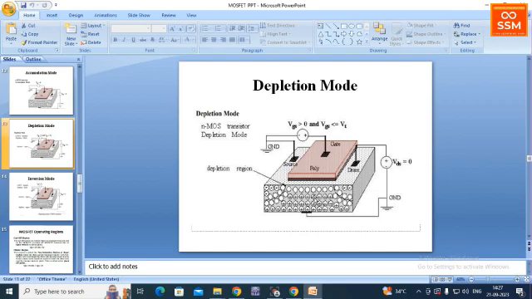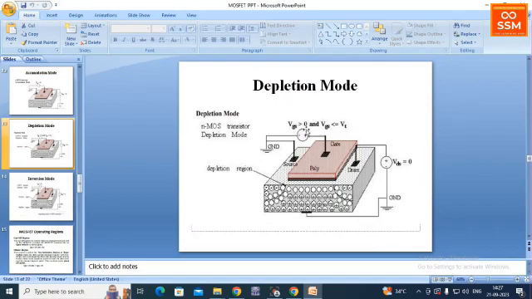There is no charge carrier. So we can say that here in the depletion mode, we can say that